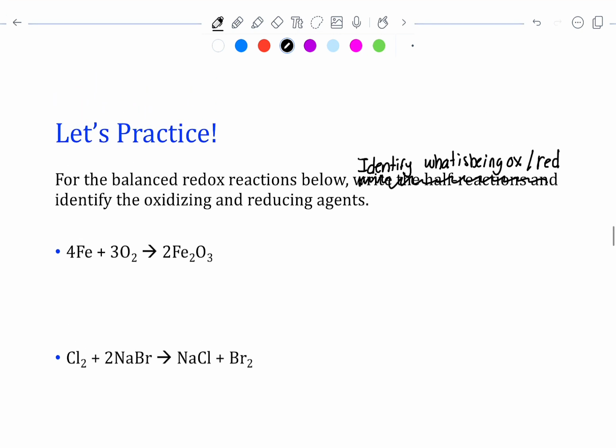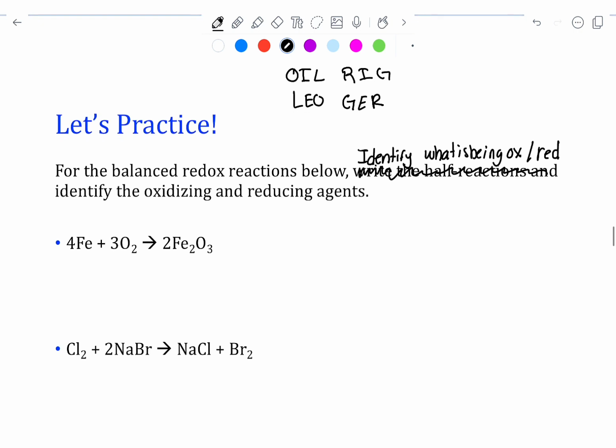Okay, so I'll put our little mnemonic devices up here: Oil and rig, and Leo and grr. Okay, so we're not going to write the half reactions just yet. We'll do that more so in the later half of this lesson when we talk about overall reactions. So let's just not write the half reactions just yet. So for these balanced reactions below, identify what is being oxidized and reduced, and then identify the oxidizing and reducing